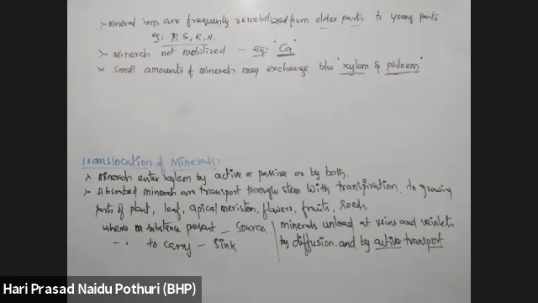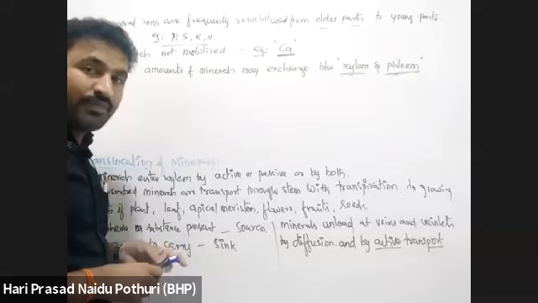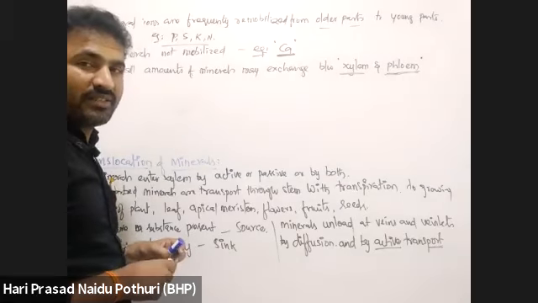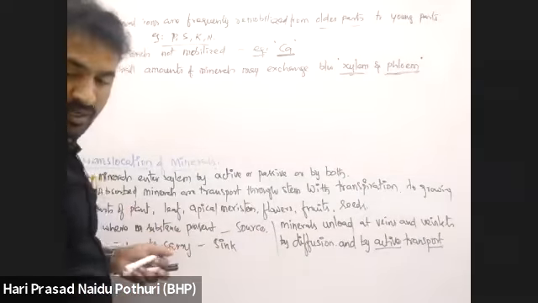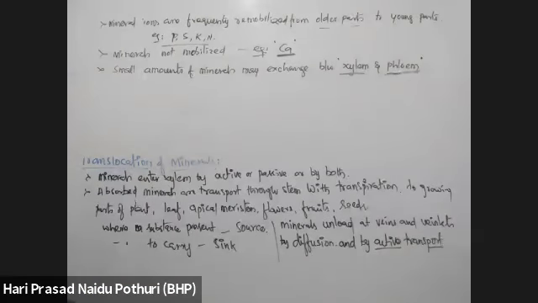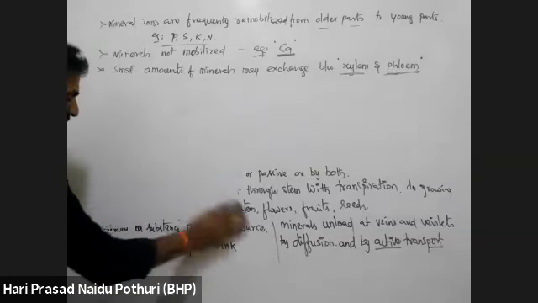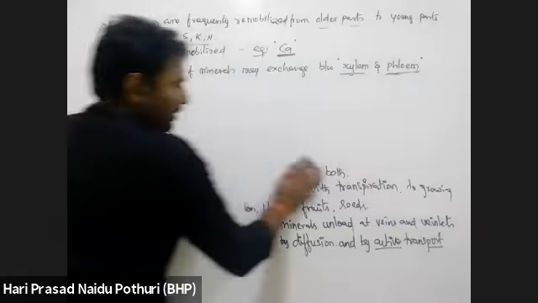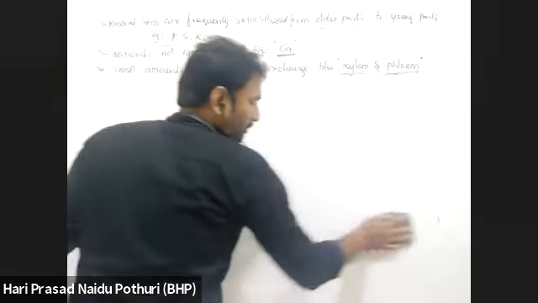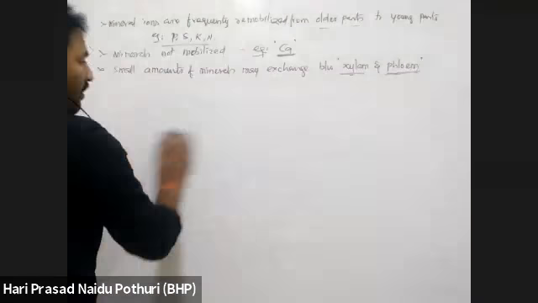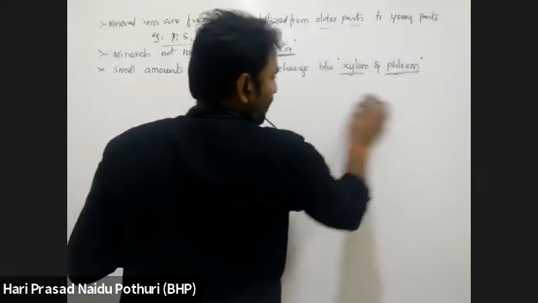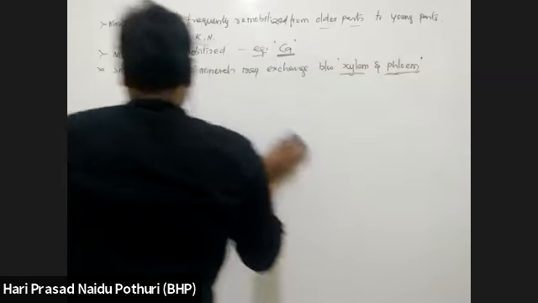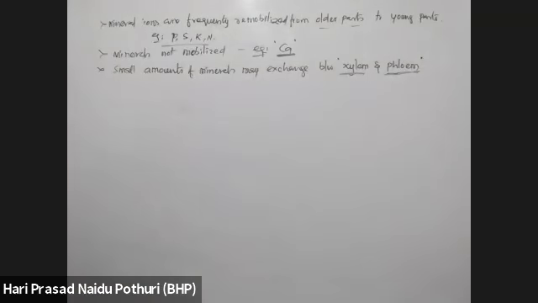Okay. Xylem is transporting minerals with inorganic nutrients, whereas phloem is transporting minerals with organic nutrients. We can't say it strictly, but it is a traditionally believed process. Xylem is responsible for transport of minerals and inorganic elements. Phloem is responsible for transport of organic elements along with minerals. That is not distinctly seen. It is a belief.